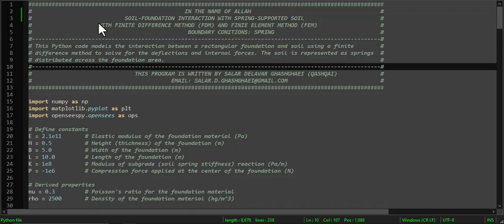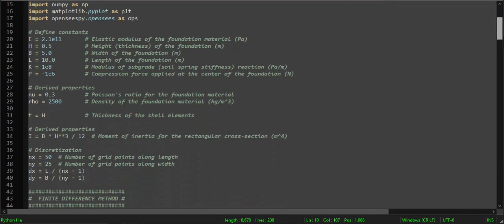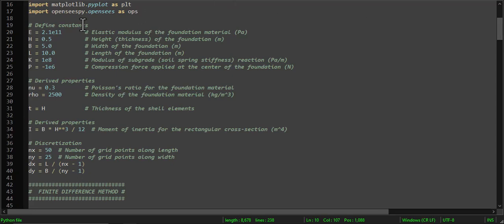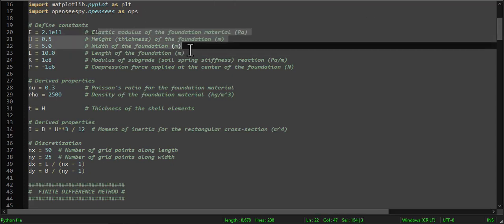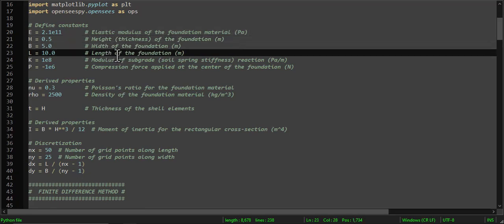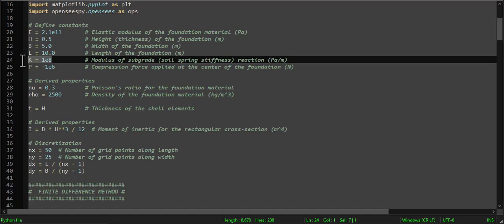You see, guys, here I developed these codes as a finite difference and finite elements method. So we're going to define the modulus of elasticity of the foundations, height and width of the foundations, length of the foundations, and also stiffness of the soil. So these are not the exact values, guys. I just want to show you how we can model these two kinds of analysis, and you can change it with your own data. The codes are available on my GitHub, and you can change them with your own parameters,